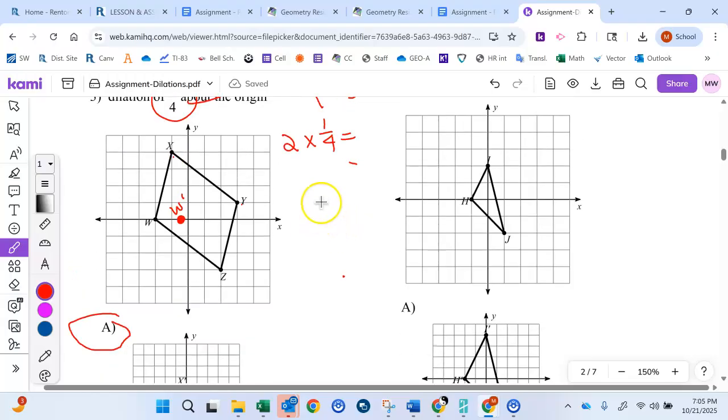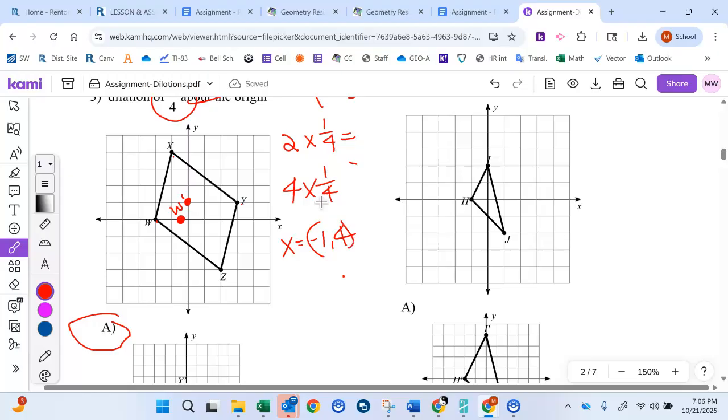Now, if I was going to keep going, I would take X times 1/4. So what is X? X is -1, 1, 2, 3, 4. So it's going to be 1/4 of that. But it's going to be 4 up. So that means it's going to be about right there. Why is it going to be about right there? Because I go 4 times 1/4. By the way, I've got to take this point. What is X? X is going to be -1,